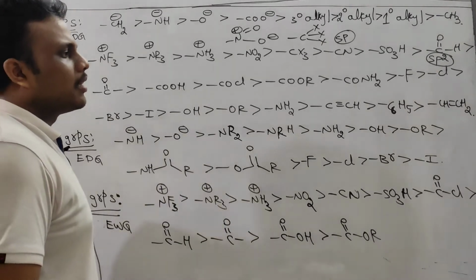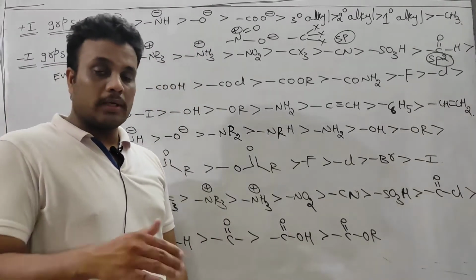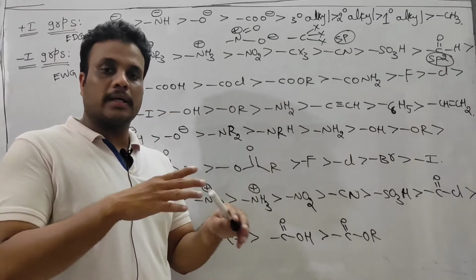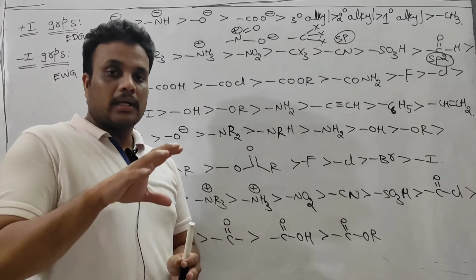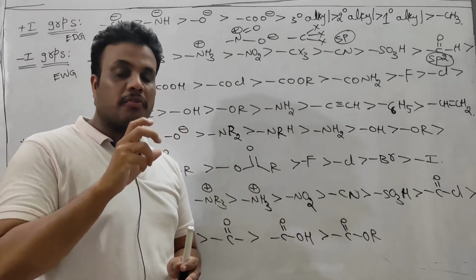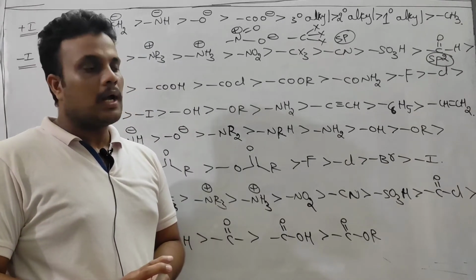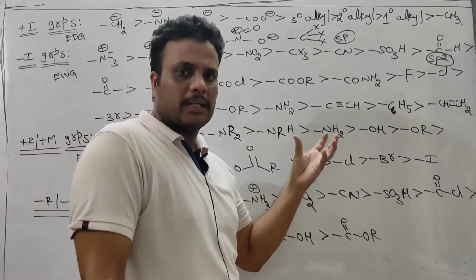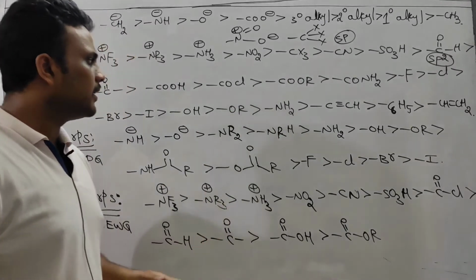Suppose a double bond is attached to a triple bond. You see, triple bond is more electronegative than double bond. So that vinyl group or double bonded carbon shows plus I effect, and triple bonded carbon shows minus I effect. So accordingly, on the basis of the nature of the given compound, we have to identify the proper group. Plus I, minus I like that, because some exceptions are also there. I will explain in detail.